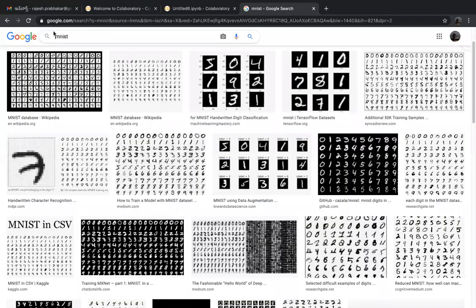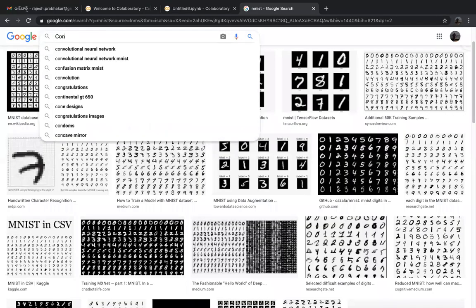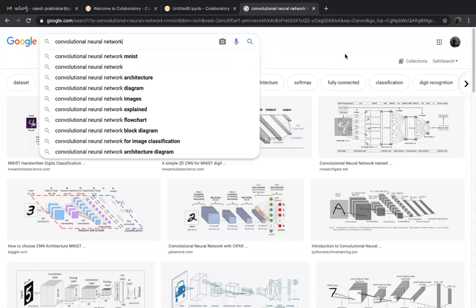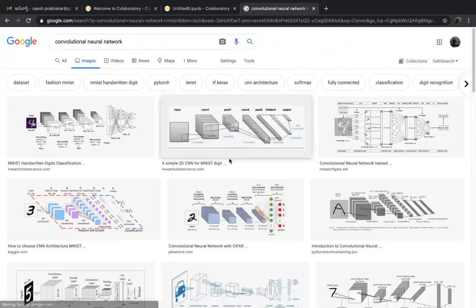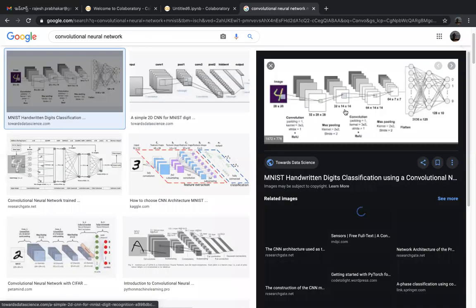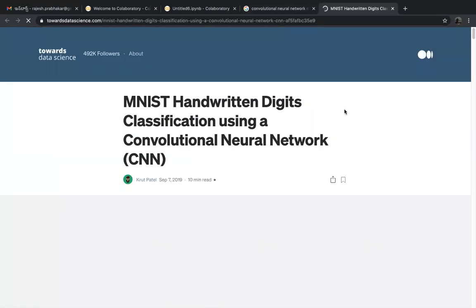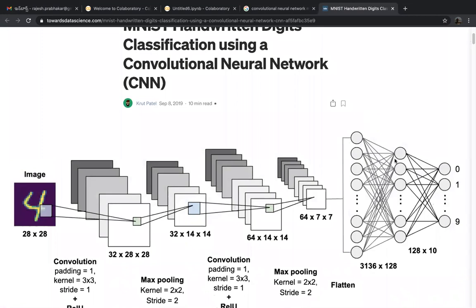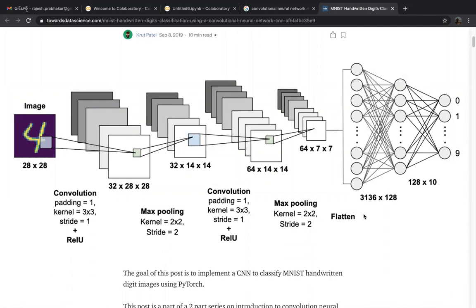I am trying to build a convolution neural network. So a 2D convolution neural network looks like this. A convolution neural network is a neural network. A typical neural network will be looking like this. These are the inputs. These are the hidden layers where the processing will be done. So this is the structure of the 2D convolution network.